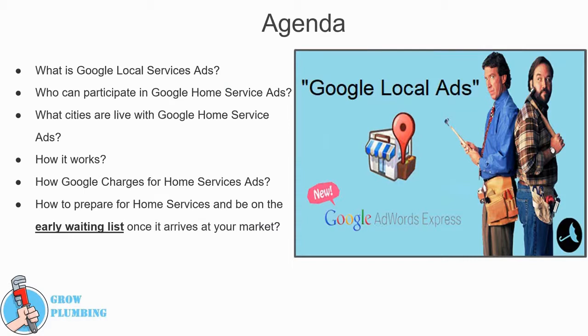Sometimes it's called Google Guaranteed because you see that Google Guaranteed button there. Other times it's referenced as GLS or GLSA for short. But for the sake of conversation, we're going to be calling it the long version, which is a mouthful, Google Local Services Ads. So we'll cover in today's talk what companies and industries this program is eligible for,